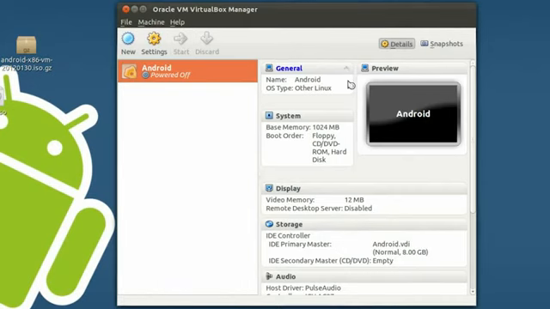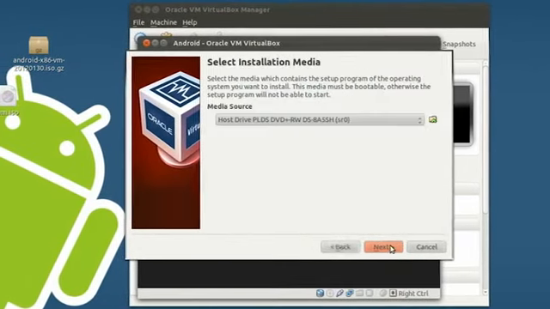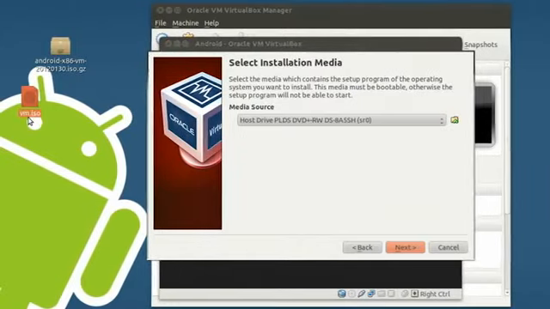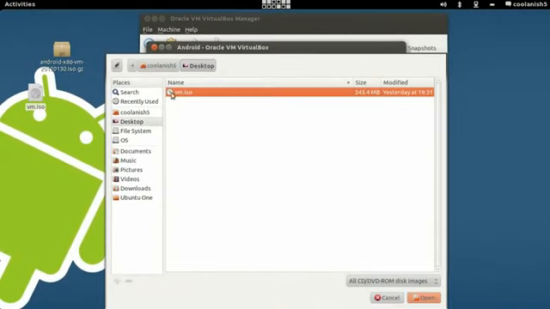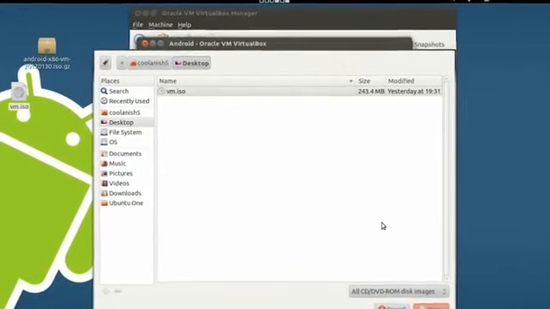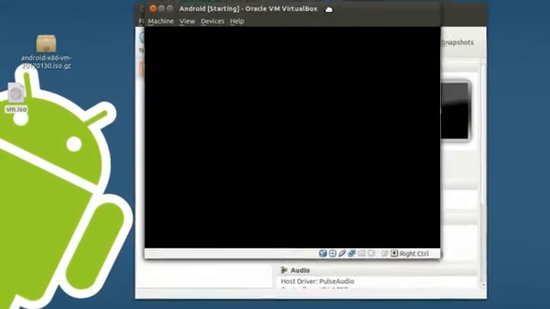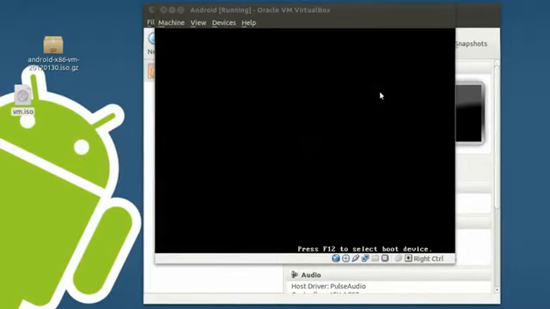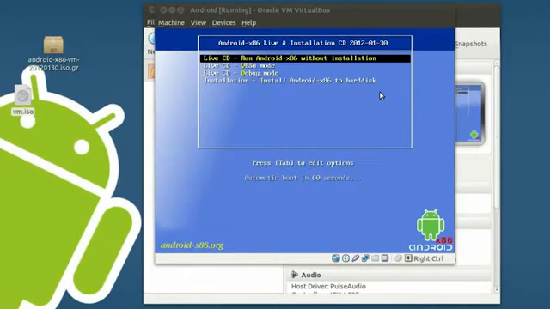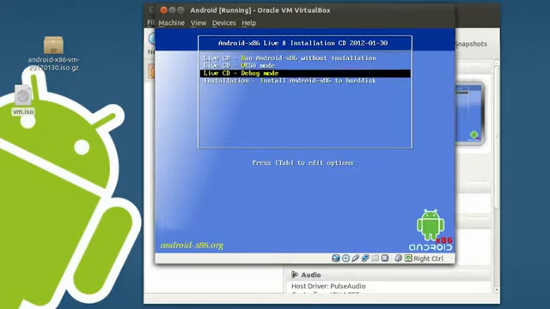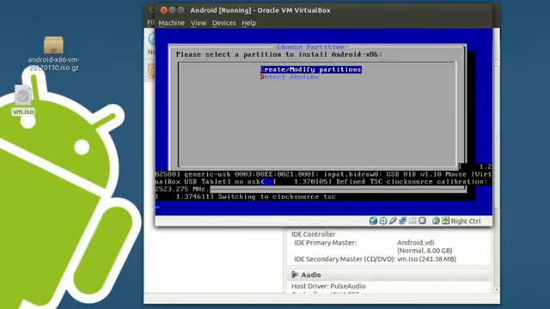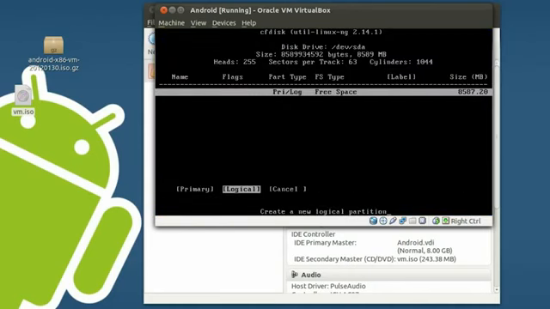So once you've done that, click on Start, Next, and then you got to navigate to this extracted file over here. Choose the extracted file and hit on Open. Next, and Start. And then choose Installation, Create or Modify Partition, New, Primary, and hit Enter,